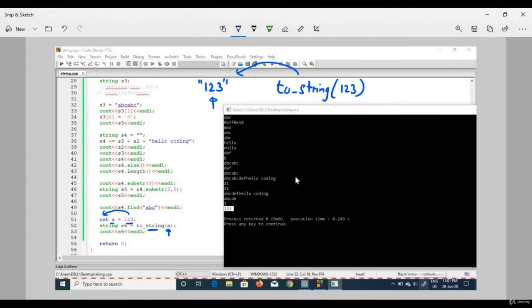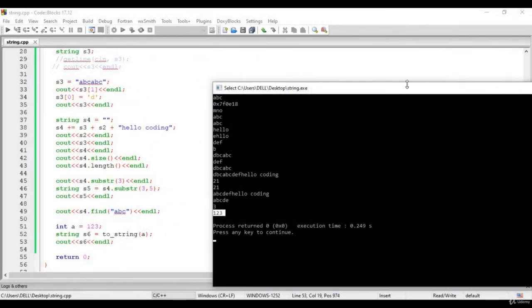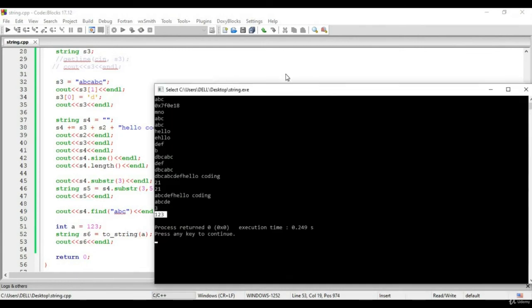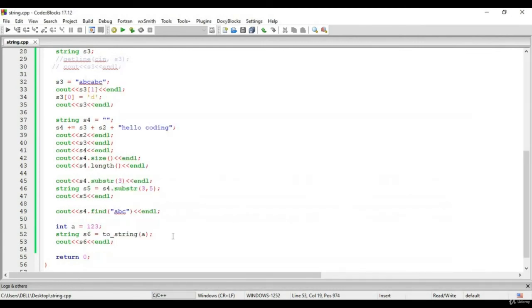You can change the values also, because we can treat strings as if they are arrays. So let us change the characters. For example, I want to change the character present in the first index. Let's say it is 4 now.